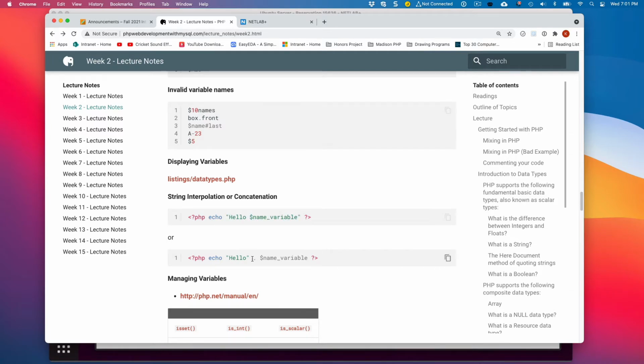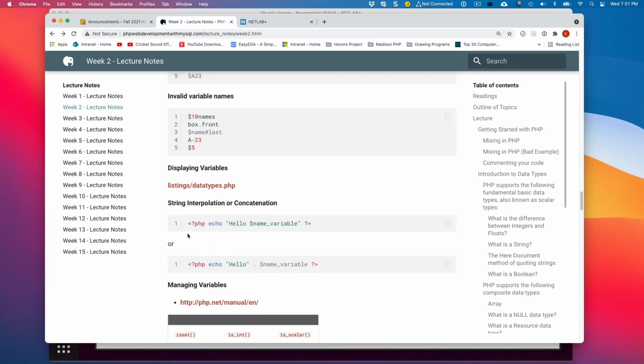Or I can concatenate, and the concatenation would be using the dot operator, whereas in JavaScript it was the plus, which overloads the addition operator. I really like using the dot operator. It's less confusing than using the plus sign. So this is great right here. But I want to show you some subtleties of this whole interpolation thing, what variable interpolation is, and why you have to use the double quotes.